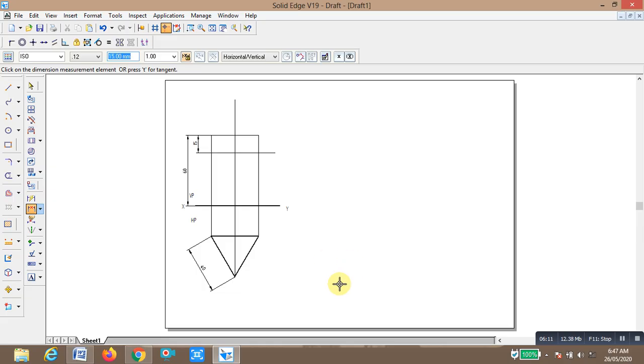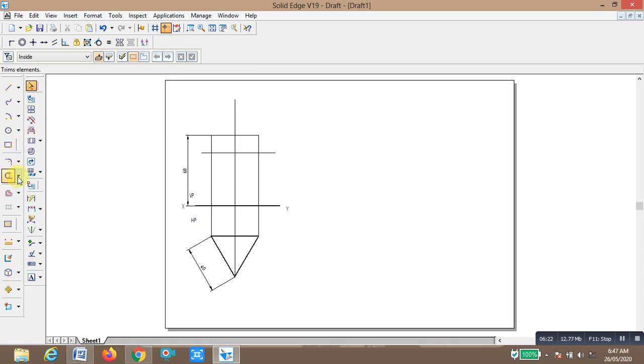Next, this dimension is mentioned in the problem. I want to trim this line and this line. We are going to connect and form the triangle. At what distance are we going to form it?